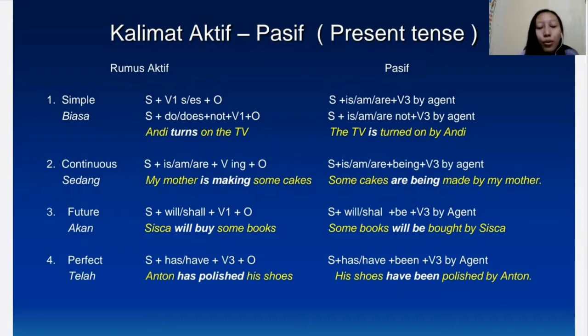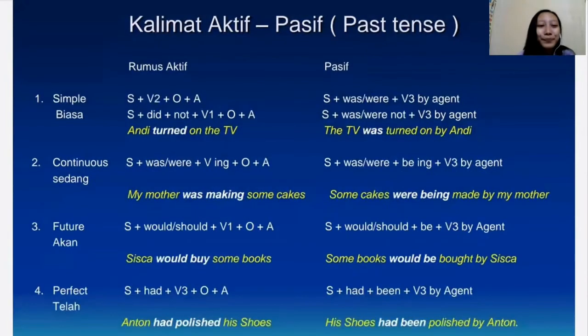And the last one, perfect. We can use subject plus has or have plus been plus verb 3 plus by agent. Example, Anton has polished his shoes. Change to his shoes have been polished by Anton. Next,